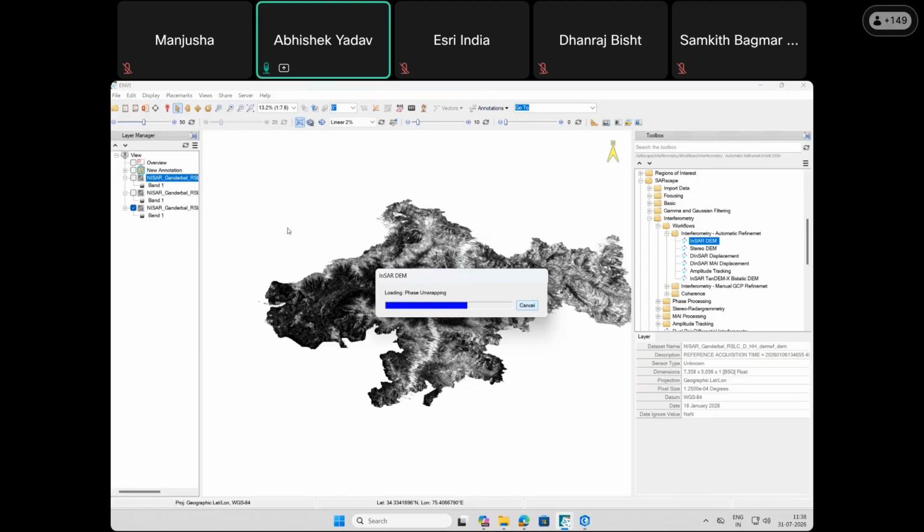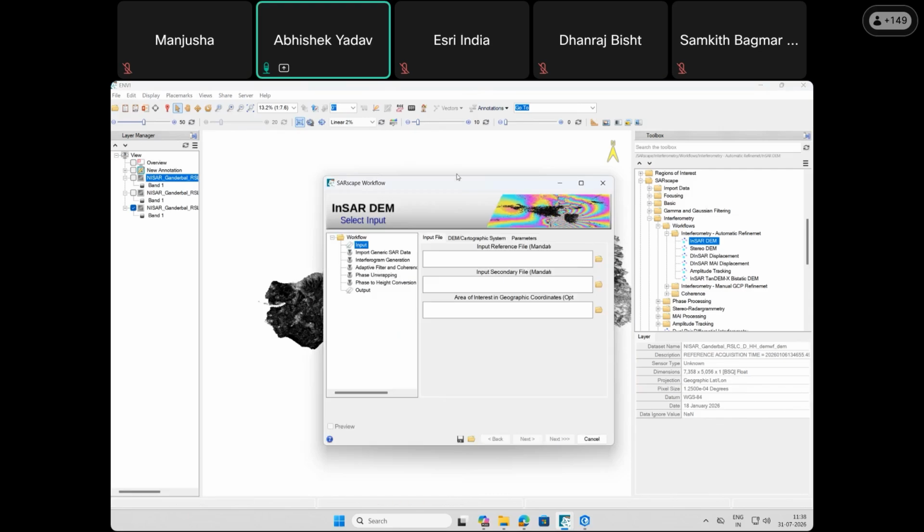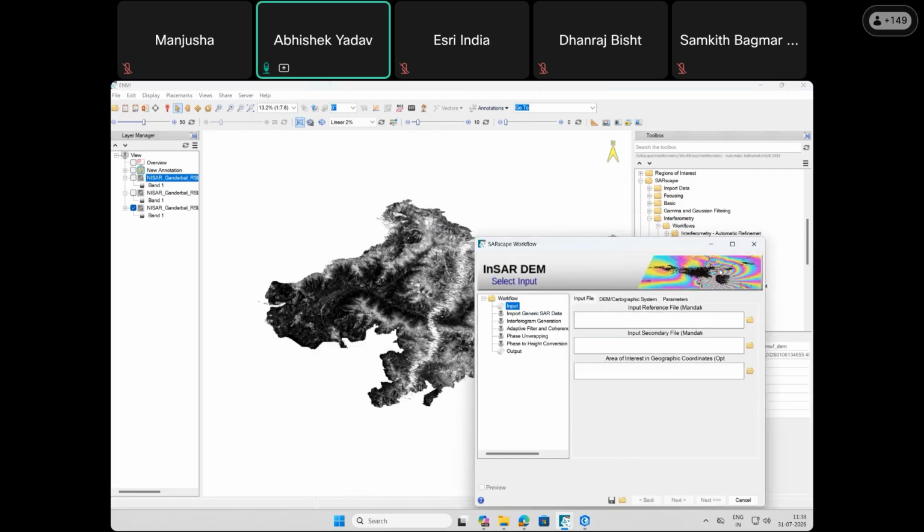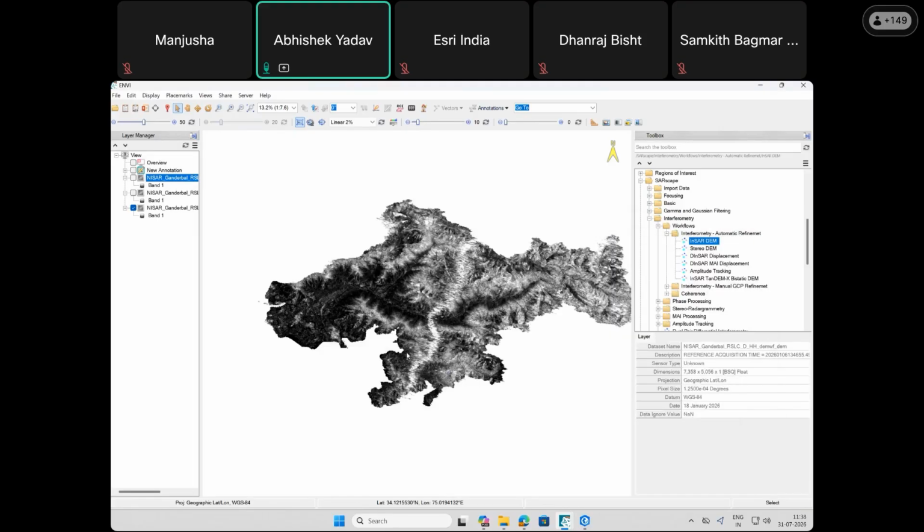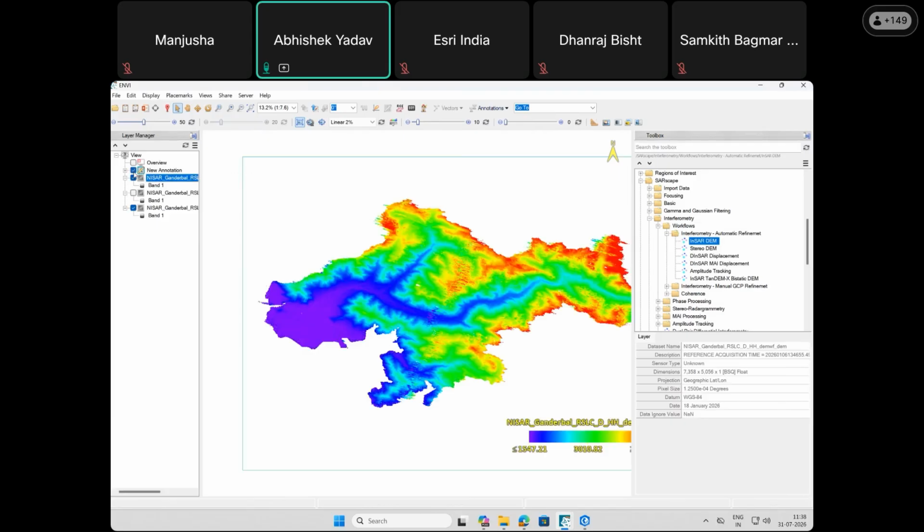This area is Ganderbal district of Jammu and Kashmir state. And the image which I have used here is an RSLC level 1 image of NISAR. So the final product which I get is similar to this,